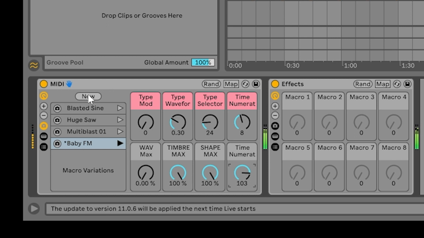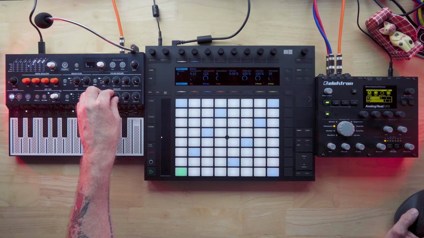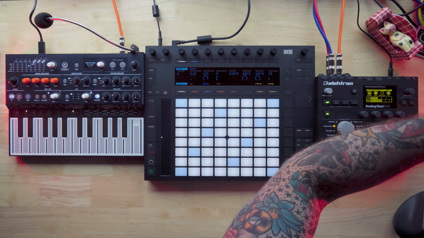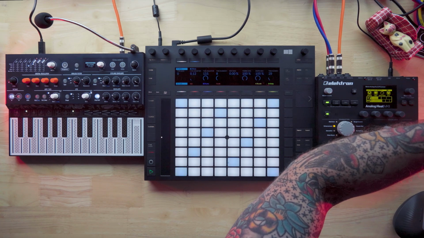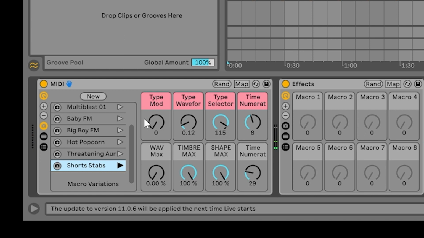Yeah, that's crazy. I don't even know what engine that is. We'll call this Big Boy FM. And I'll call this one short stabs. So using this system here, and you can actually add more knobs to here, even if you don't